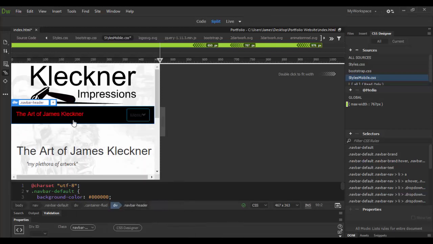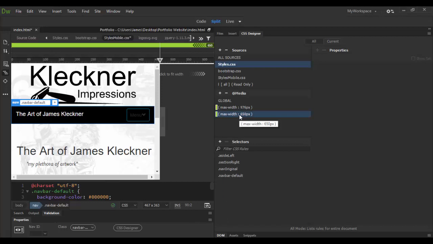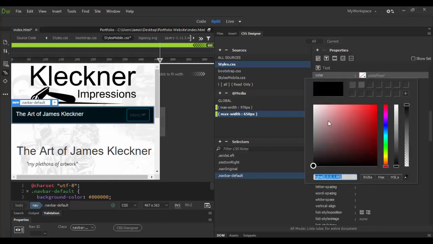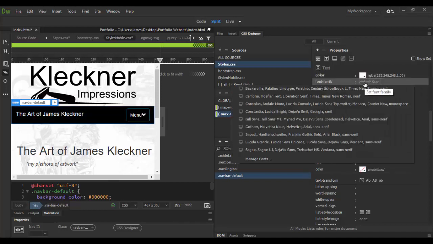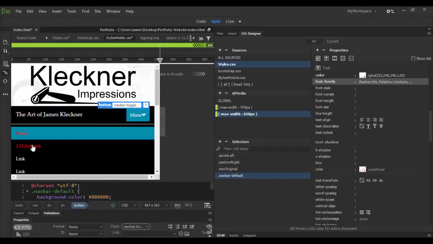Now you can still further style it. So for example, if we want to style the typeface here, what I can do is hit the up arrow until I get the default nav bar here, scroll over here, and in the styles I can choose the max width 650, and here's the nav bar defaults, and then I can go to text, pick a color, I'll add white, and then I can pick a font family, say this Baskerville, and you'll see it be updated here, which is pretty cool. So between those two things, you can style and then basically rename these very quick and easy,